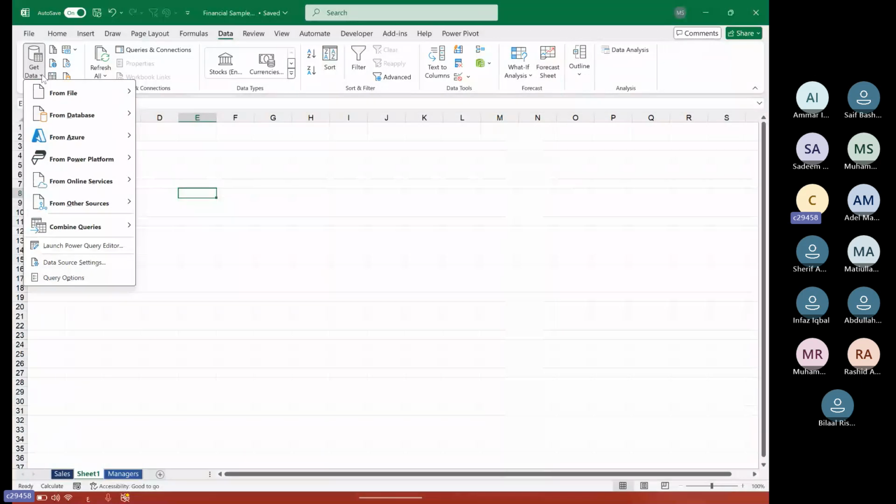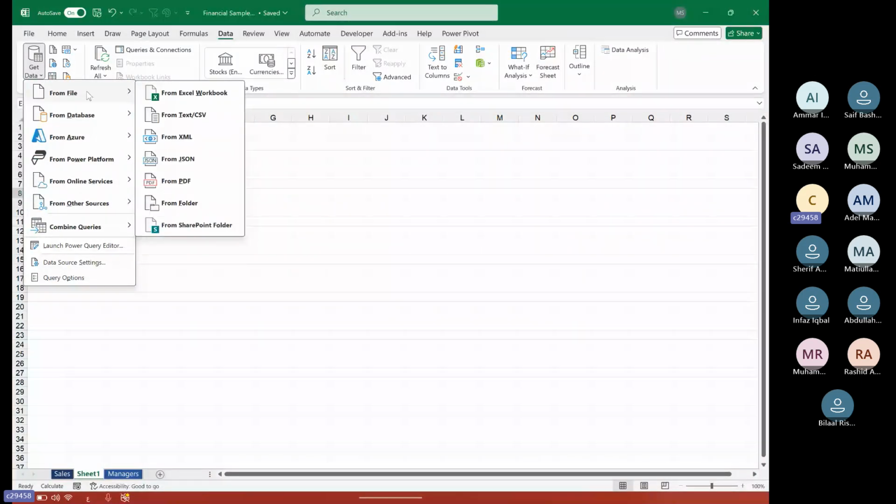Here you will have your Power Query. As we said, ETL: we will extract our data from our ERP system, and we will load it to Power Query. So what type of data do you have?